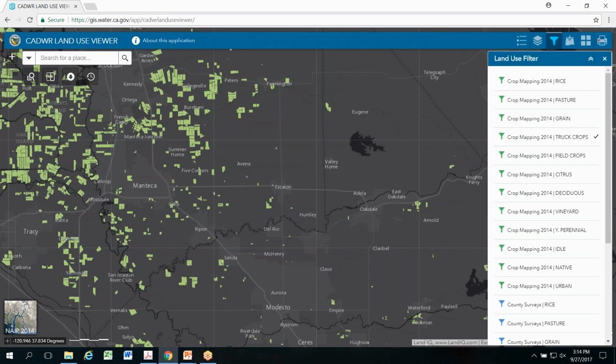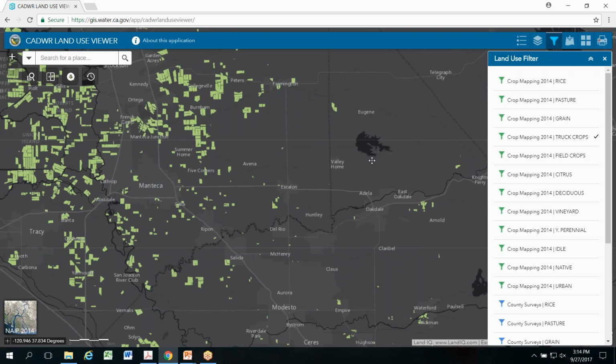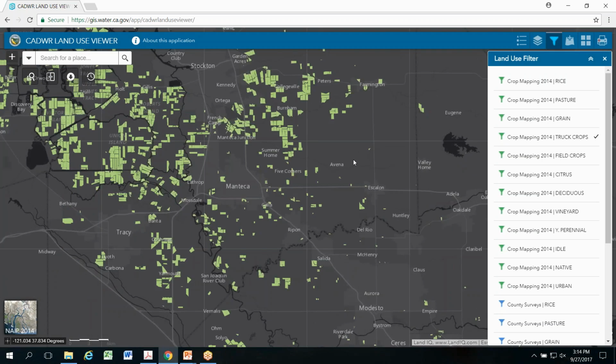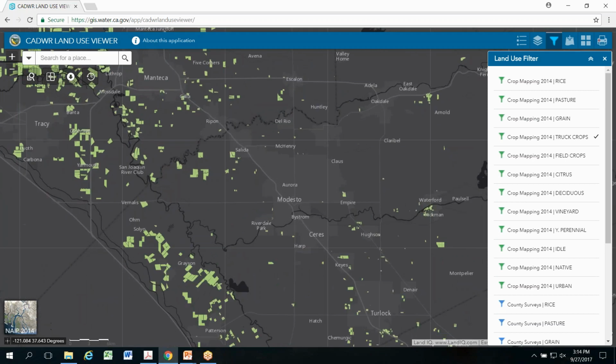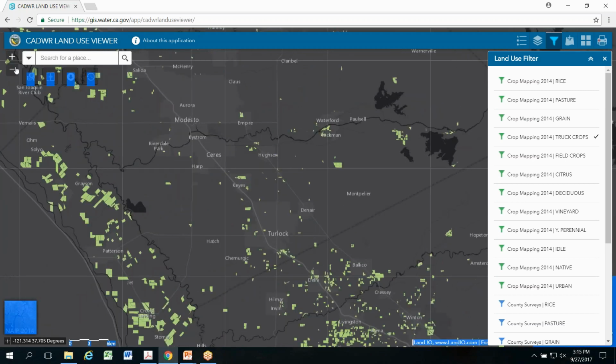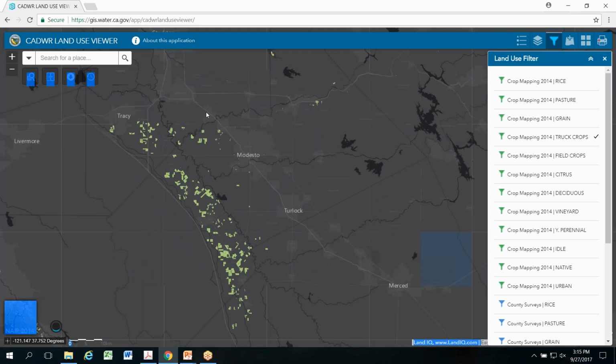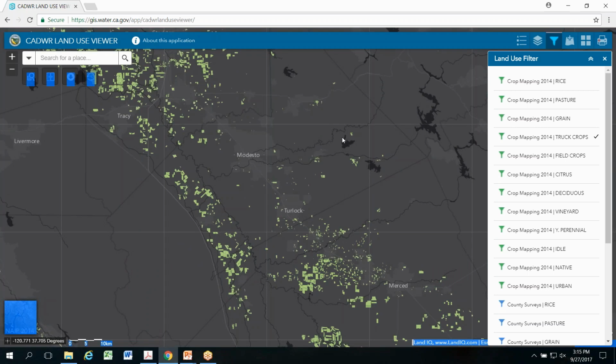So what you're returning now in the viewer is the actual polygon vector data, and we're not in the tile cache anymore, and that's why the performance goes down slightly if you're too far away. So you can go out one more level, so slowly you see it's popping up. There we go. That's all truck crops,